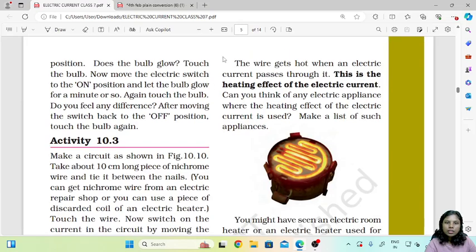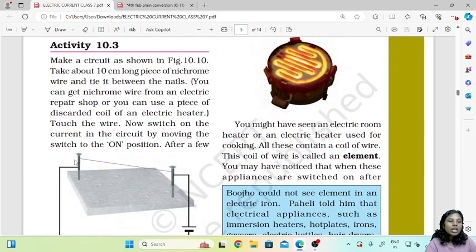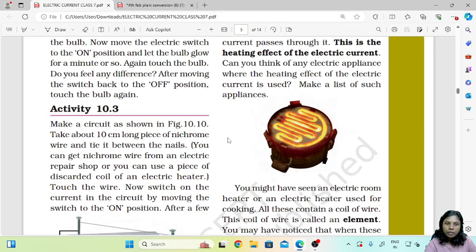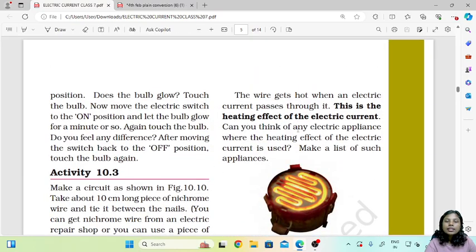You might have noticed the wires get hot when an electric current passes through them. So here the nails were connected with the electric wire. Just like how the bulb gets warm, the wires also heat up. So this is the heating effect of electric current. This warmness created in the bulb or in the wires is known as the heating effect